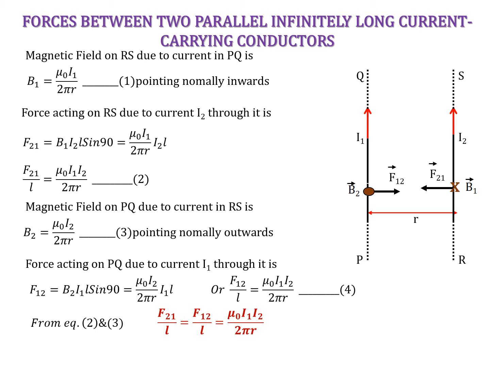If we take magnitudes, the magnitude of both the forces are equal, and it has to be, because we know according to Newton's third law, to every action there is equal and opposite reaction. Okay, so the action and reaction forces are between first conductor and the second conductor. They are equal, forces are equal and opposite in direction.